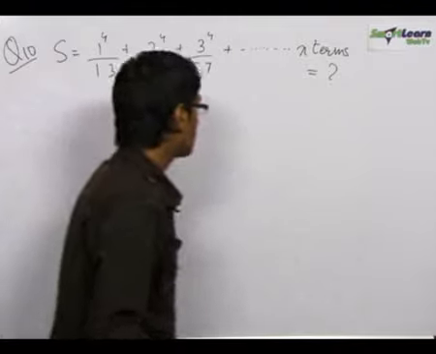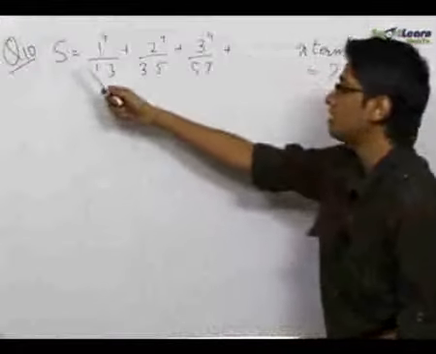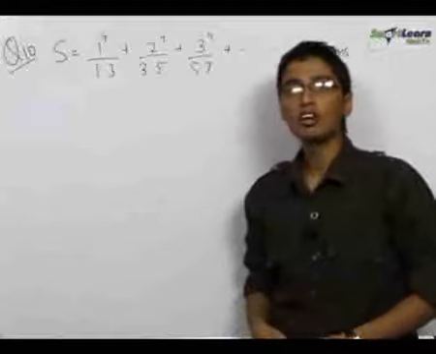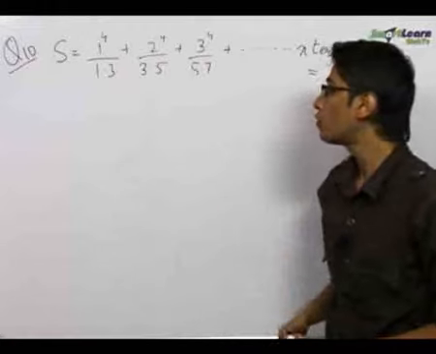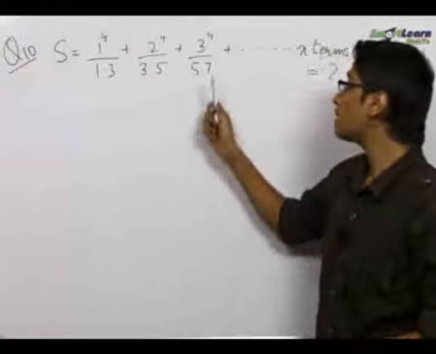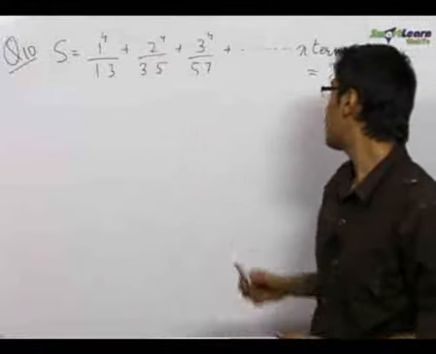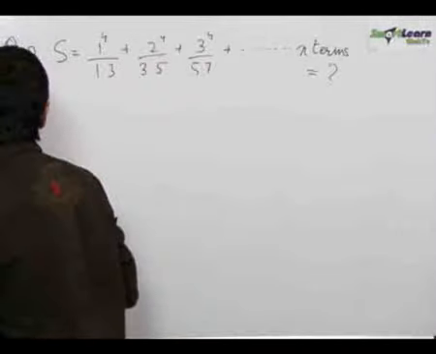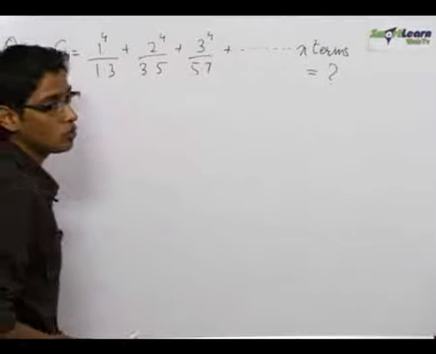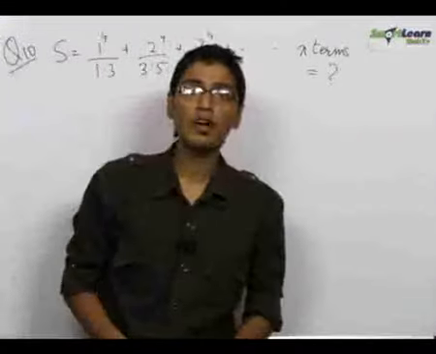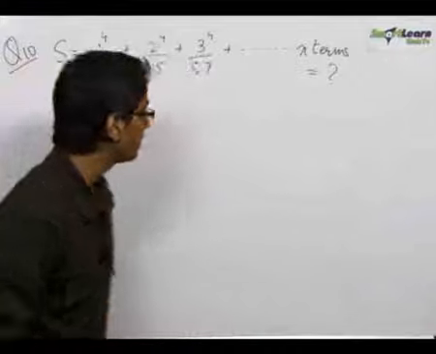In our 10th problem, we need to find the sum of the series which is given to be 1 power 4 upon 1 into 3 plus 2 power 4 upon 3 into 5 plus 3 power 4 upon 5 into 7 up to n terms. Now in order to find the sum of any unknown series, the first step is to find the nth term of the series. The nth term is